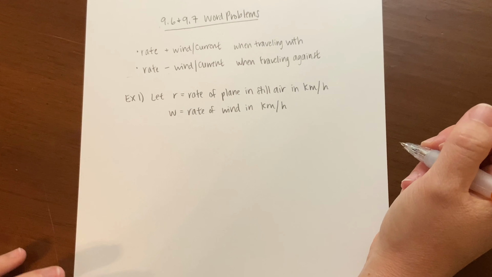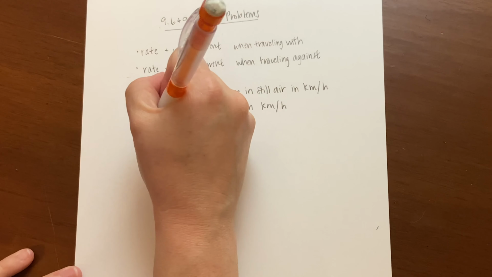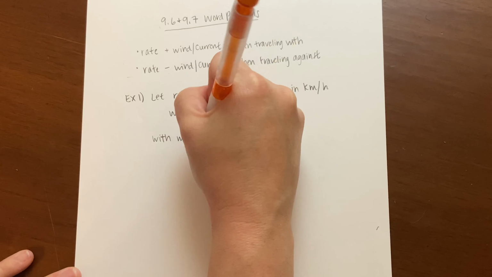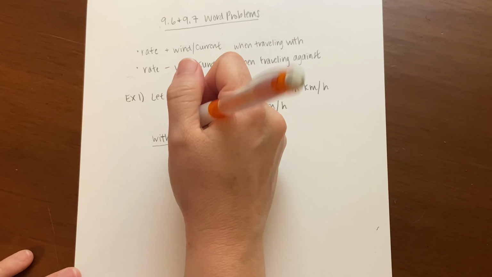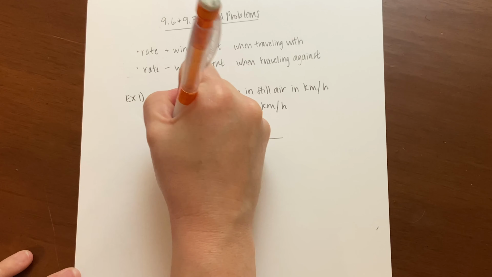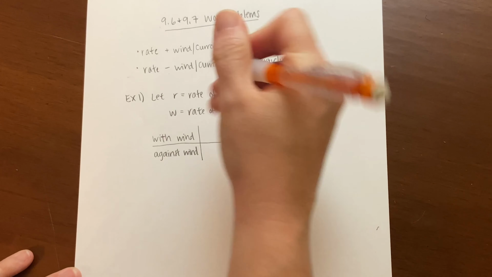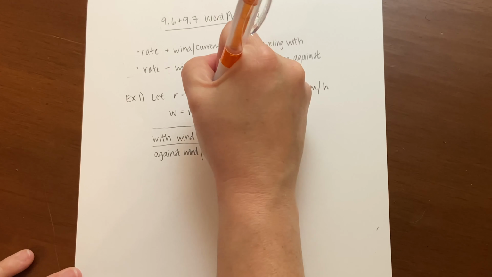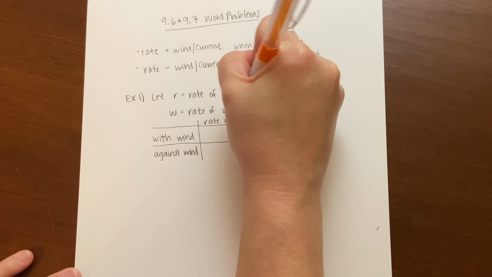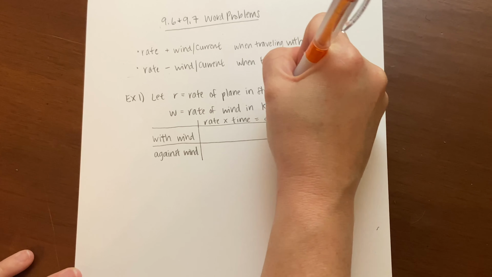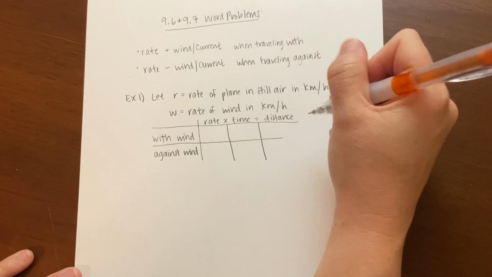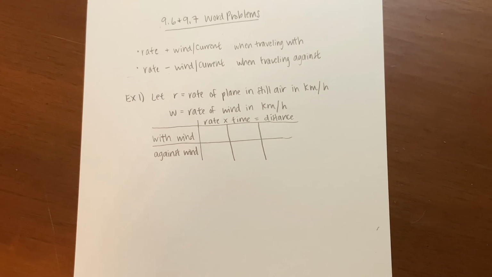It can be helpful to make a little table for this. So we could be traveling with the wind, or we could be traveling against the wind. Now, we're talking about travel. Hopefully you remember that rate times time equals your distance. So we're going to keep with that formula. It's been a little while since we've seen it, but we've looked at it before. All right. So with the wind,